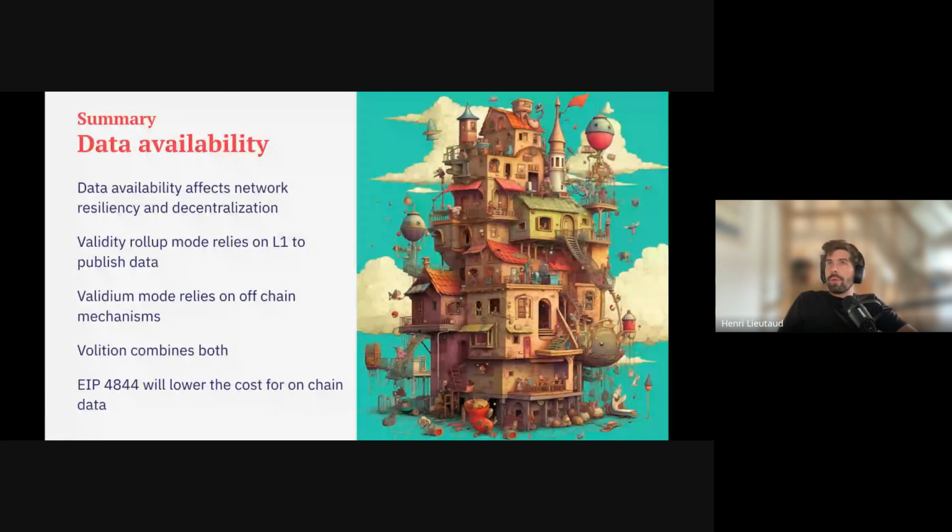As far as 4844 is concerned, I'm not entirely sure. I would be surprised if node operators don't give you the opportunity to keep everything that was published. So I'm pretty sure some nodes will decide to keep the data and some others won't. But being a full node won't require you to keep all the data that was published in blobs. Blobs being the structure of data that is used in 4844 to do stuff.